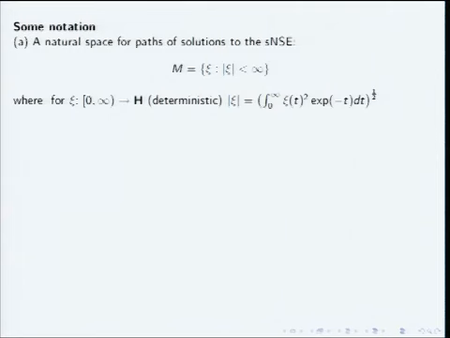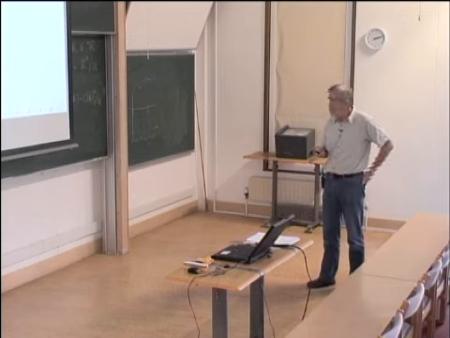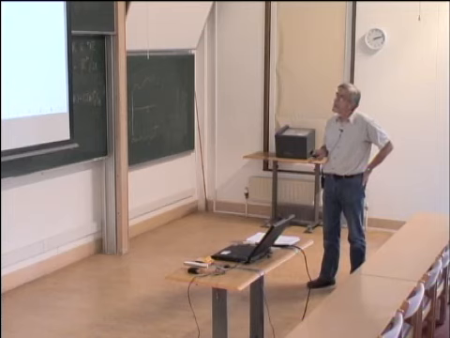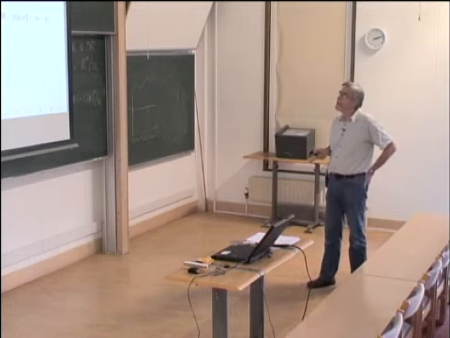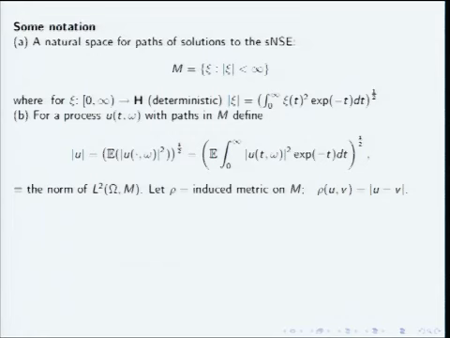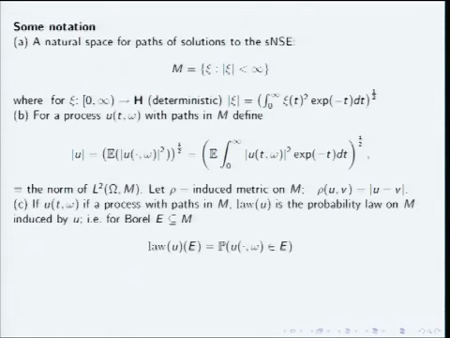It's not too important exactly which one you take. It's just that you want the norm of paths to be almost surely finite and the expectation to be finite. Or actually, you want it to be in L2. So we have the norm of an entire process now, given by taking the norm of the path and taking its L2 norm. Again, fairly natural sort of way to do things.